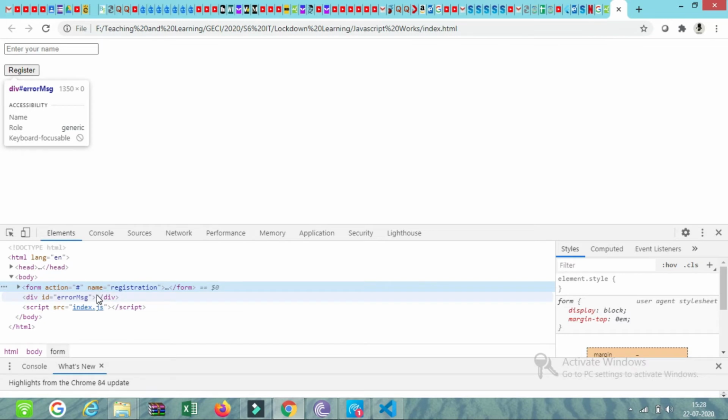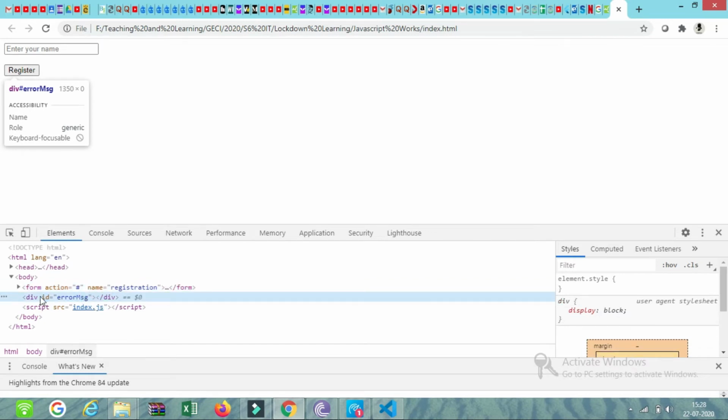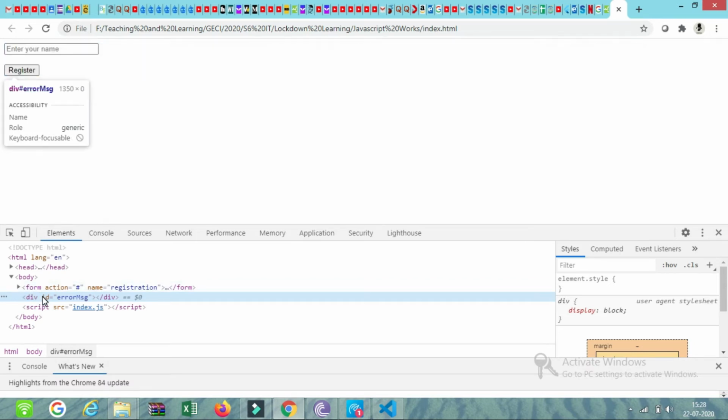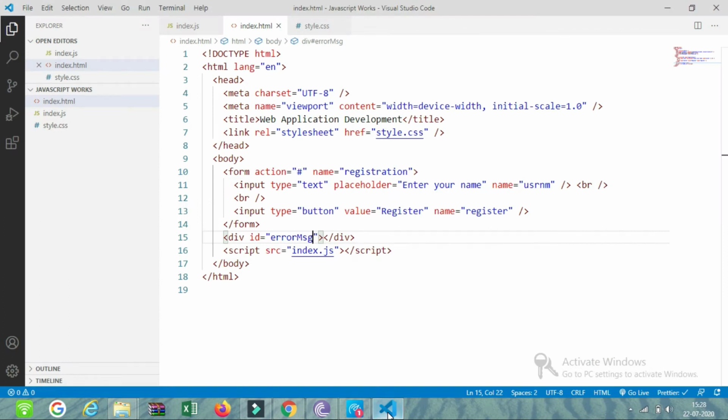Within that element, you can see there is a form and a division whose name is error MSG. But it's empty. That's why nothing got displayed.